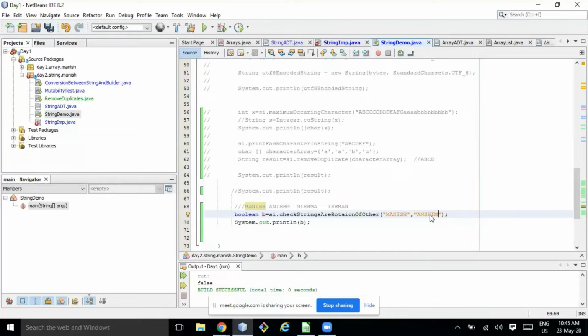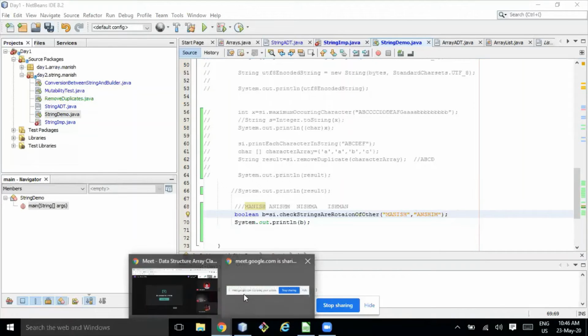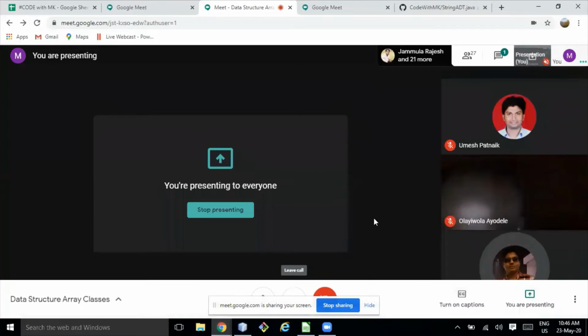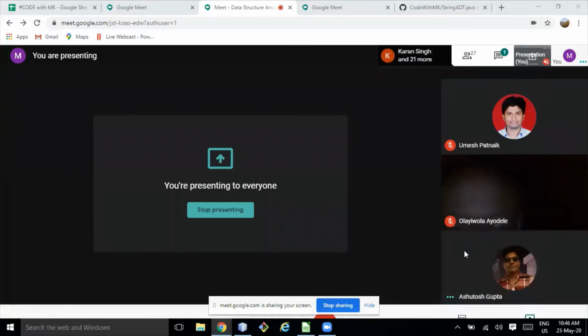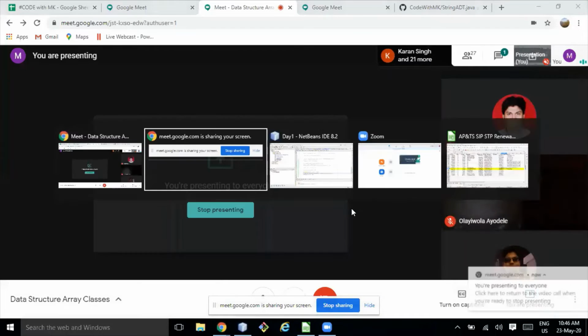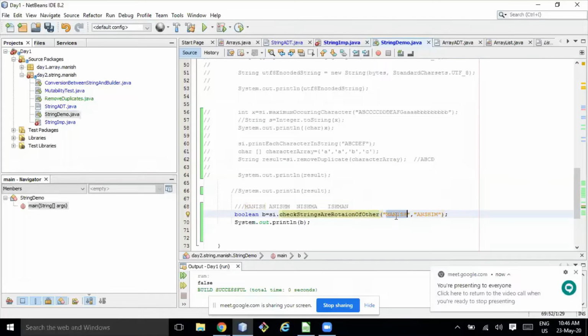Valid point. In that case, this function would definitely not work. I also learned that this won't work. Who is this guy? Ashutosh. Nice catch, Ashutosh. So till now, Rahul's approach is better, because this won't work.